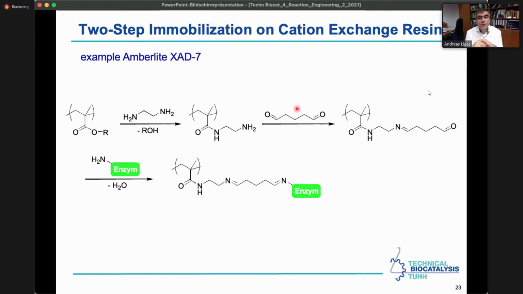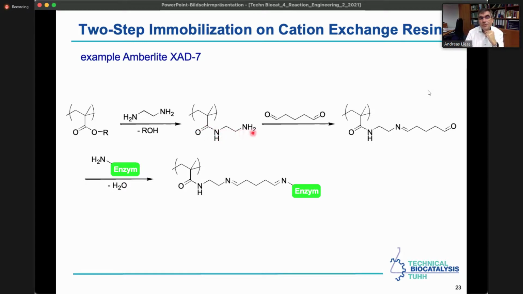Then what you see here is immobilization on a different cation exchange resin. That is Amberlite, also like the DEAE cellulose, a very typical ion exchanger, a cation exchanger. And on the surface, we do have carboxylic acid esters. However, here you see what I just mentioned. You can also immobilize here with a diamine